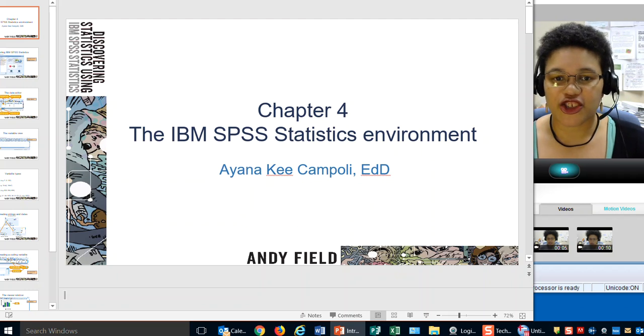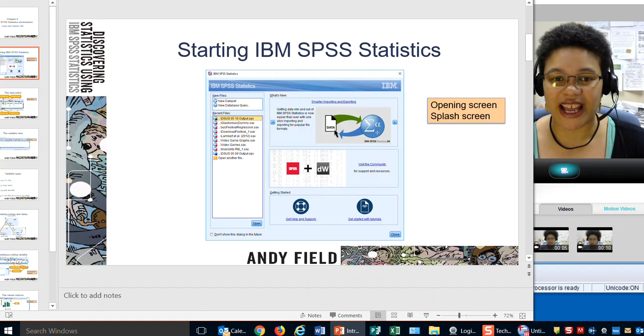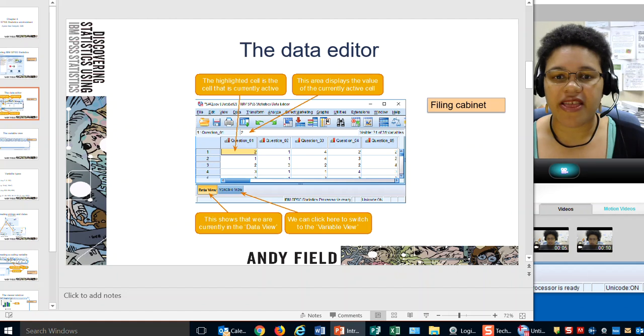Okay, so we're learning about the IBM SPSS Statistics environment. There's that screen that first popped up, the second splash screen, and then there's the data editor. So let me show you. The data editor has